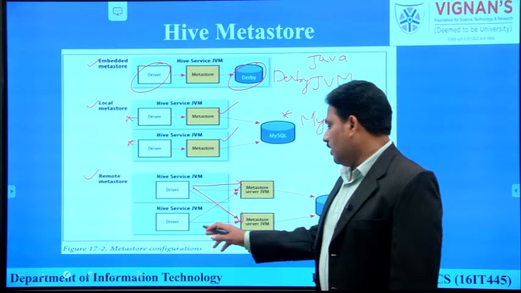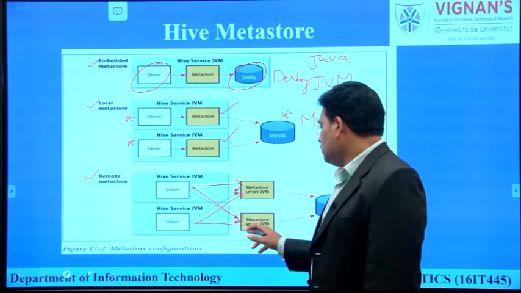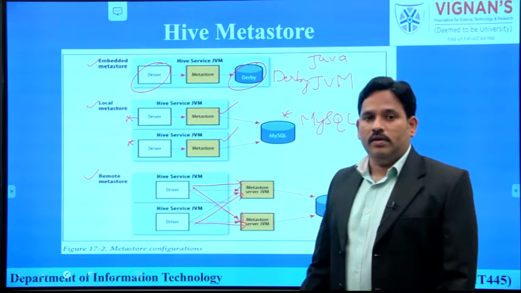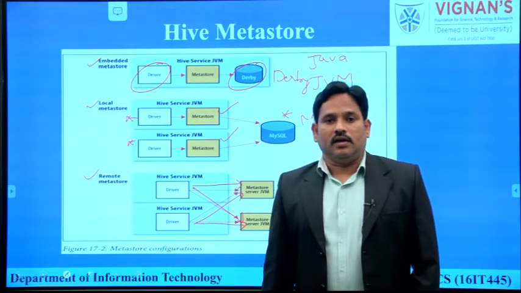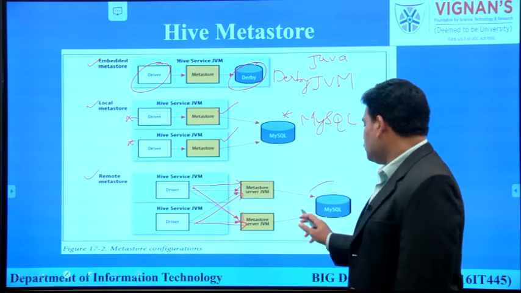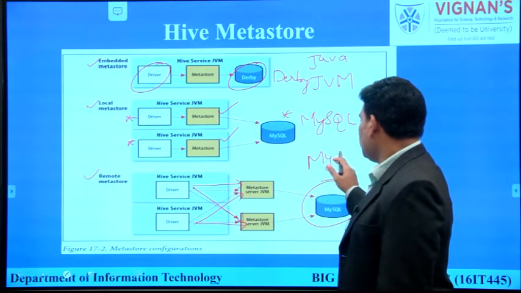Like this, the second driver is also submitting two jobs simultaneously to different metastores. That means more than one job can be created or handled by a driver at a time, and all are getting stored and accessed from the MySQL server.